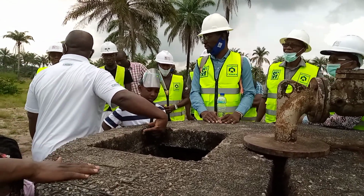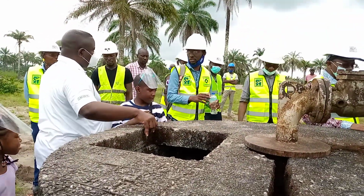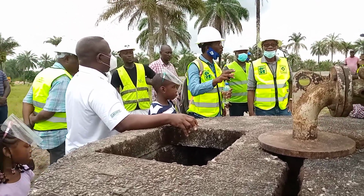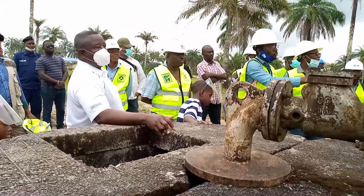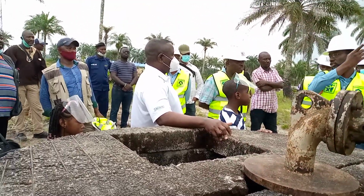So from here, the water goes here. From here, we're using solar pumps. We'll install the panels on top of our store and workshop, and we'll use solar pumps to pump the water into the circular tank here, which is 200 cubic meters. It's also going to be fully rehabilitated, and we'll pump from the 200 cubic meters to the reservoir in town,